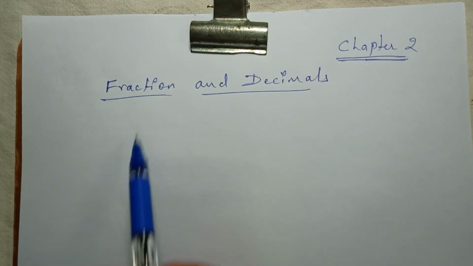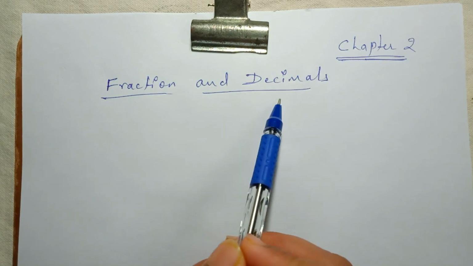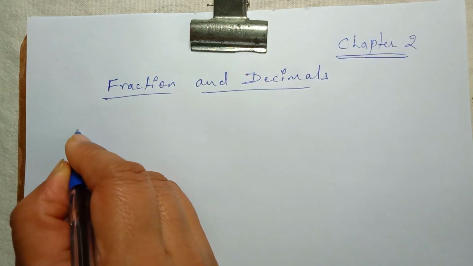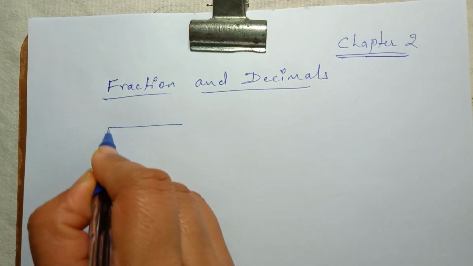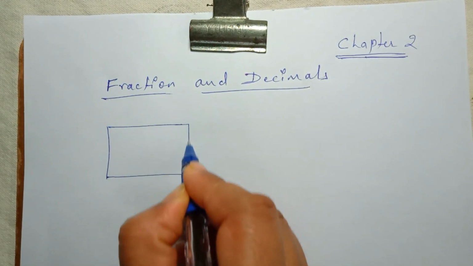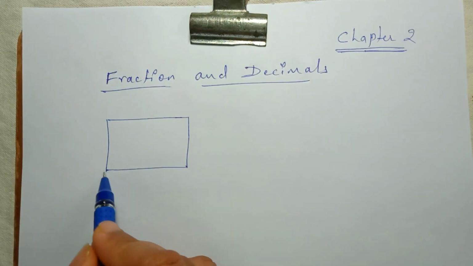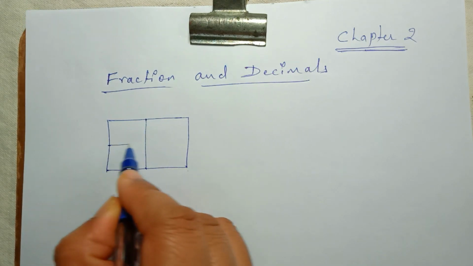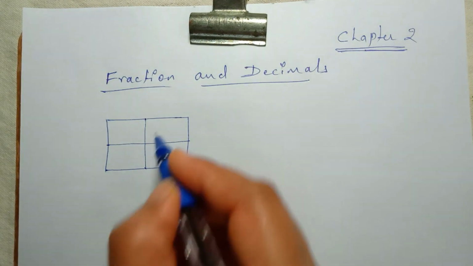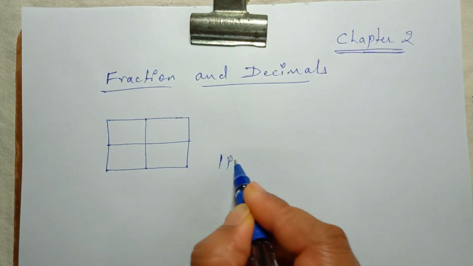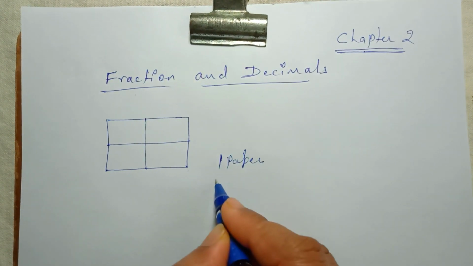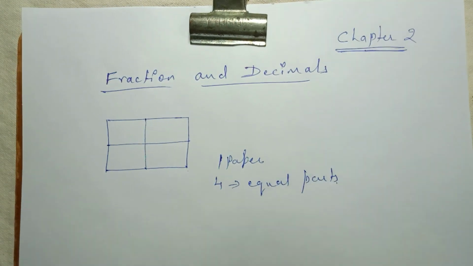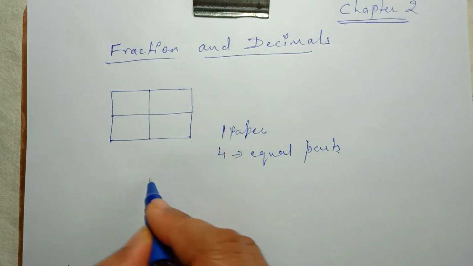Yes students, we are starting chapter number 2, fractions and decimals. First of all, we are going to understand what fractions are. Suppose you have a square piece of paper, and if we divide it into 4 equal parts, this one paper is divided into how many parts? 4 equal parts. Then each part